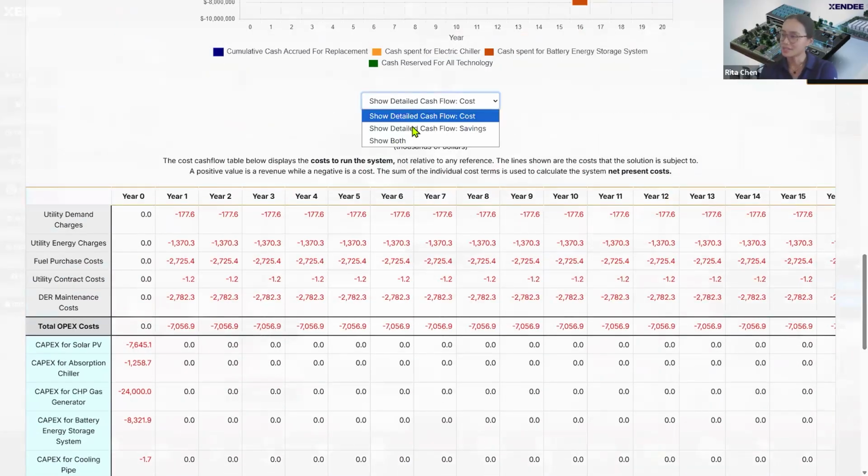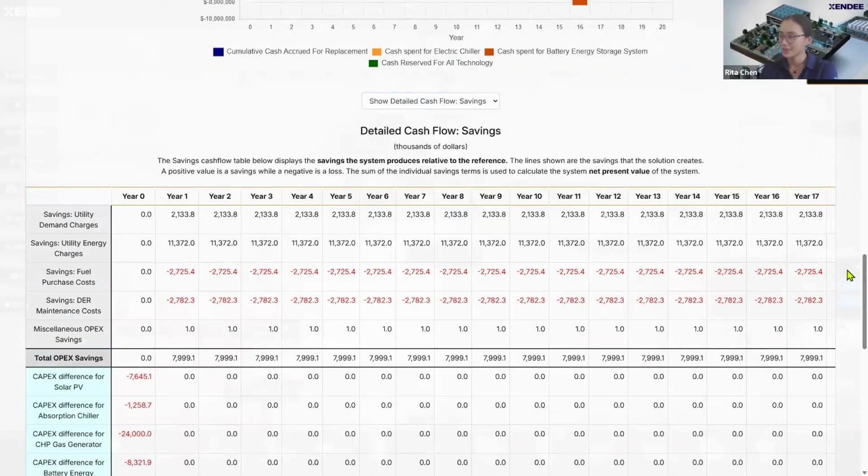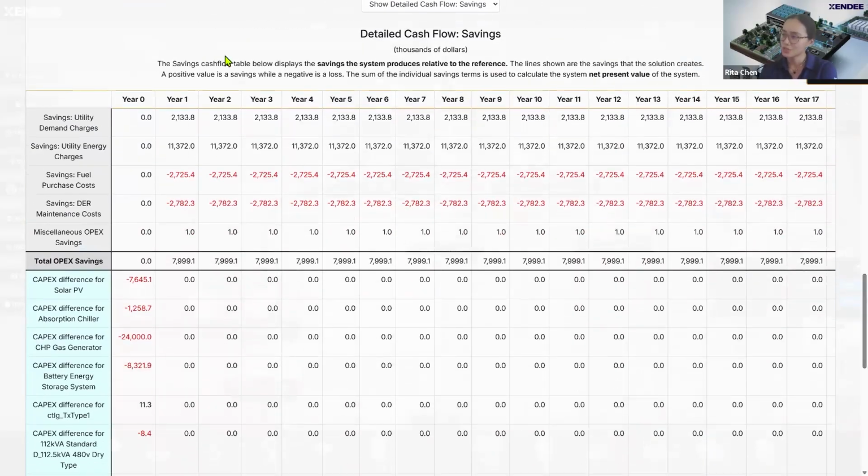And you're also going to get a savings cash flow table. Contrary to the cost cash flow table, the savings table is going to show you the savings that your system produces relative to the reference. So this one is very important. It's relative to your reference. Remember, our reference is our utility and electric chiller only. So this is in fact saying that now with the new proposed system, so all of my new DERs, I'm going to save